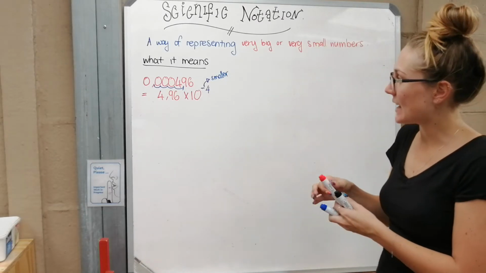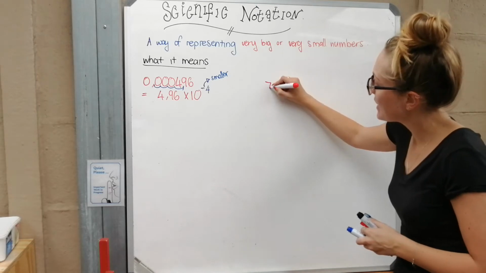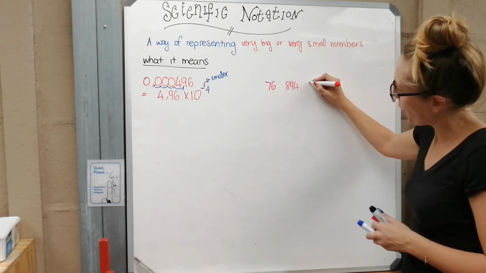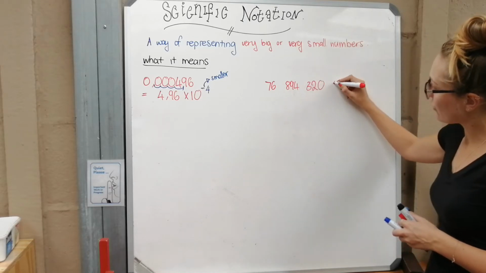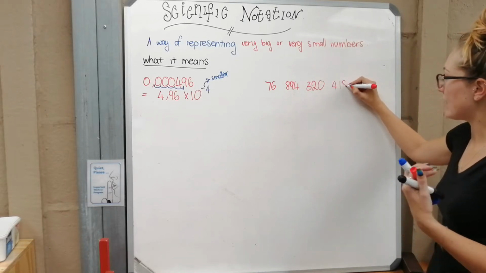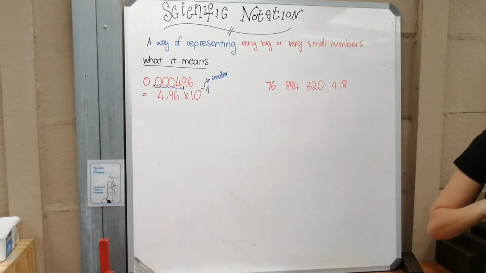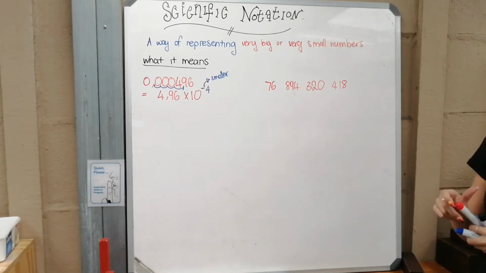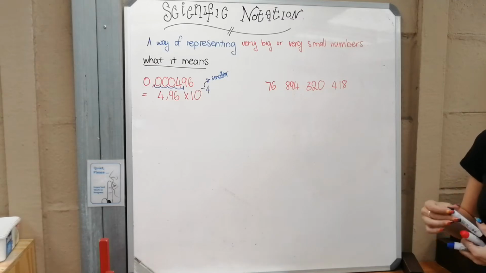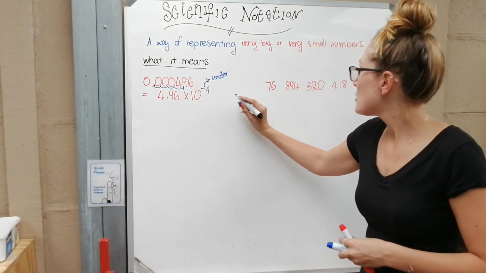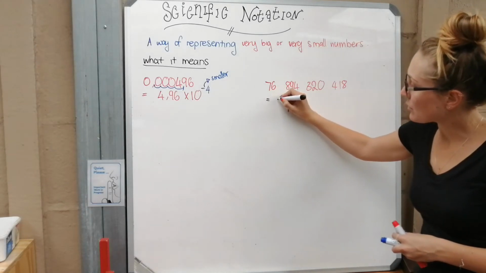Okay, let's say I had a really big number. So let's say I had 76894320418. Let's say I had that massive number and I wanted to represent this using scientific notation, and we could do the same thing, hey? 3 digits usually is what we're after, so 1 digit, a comma, and 2 decimals. So for this, I could say this is equal to